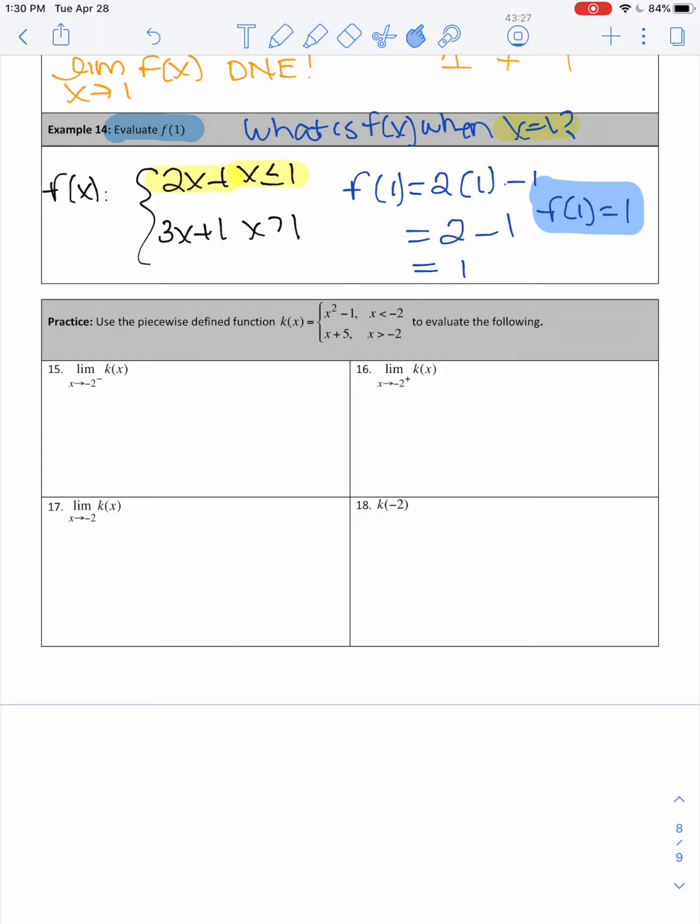Okay, just a few more practice problems for you guys to try. Make sure you're checking your work on the answer key in Google Classroom and reaching out to